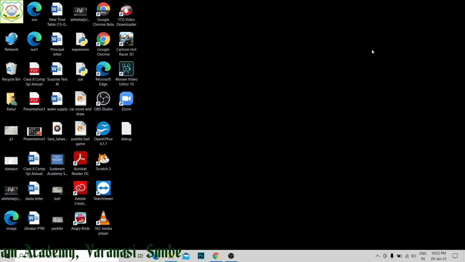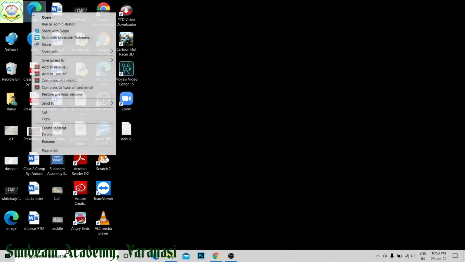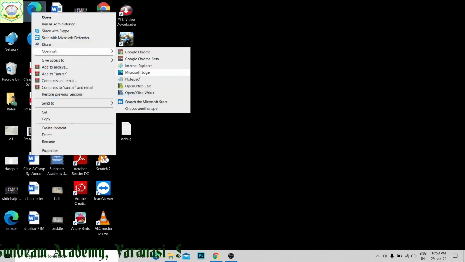The first attribute is src, which specifies the URL of the audio file. Controls displays the controls on the web page. Autoplay plays the sound automatically, and loop replays the audio file. Here I have just kept an audio file and one video file. First I am going to insert the audio file. The last file I am going to open with Notepad.